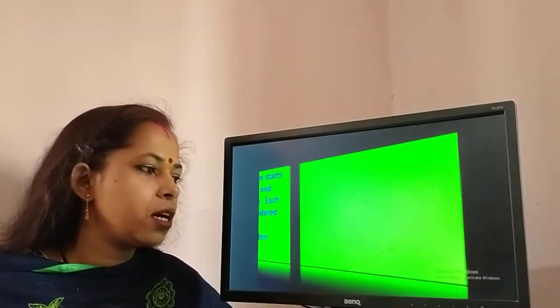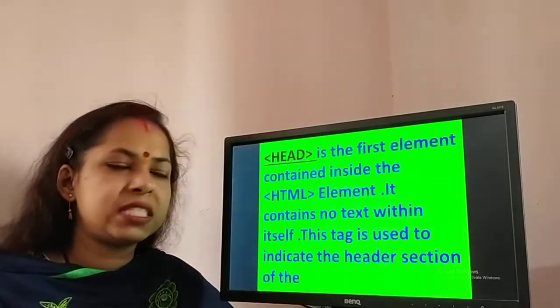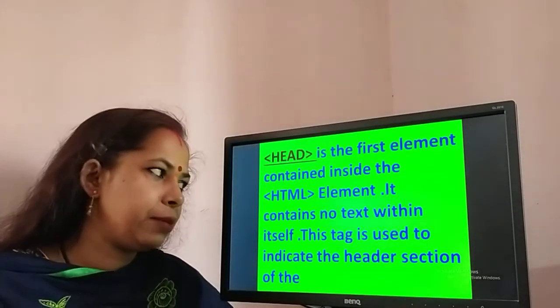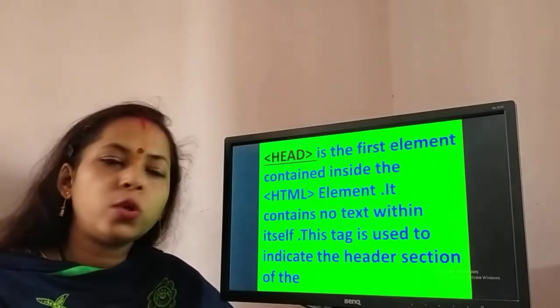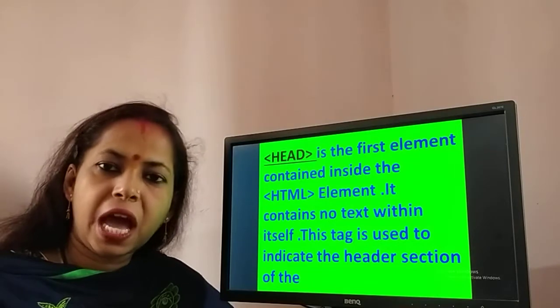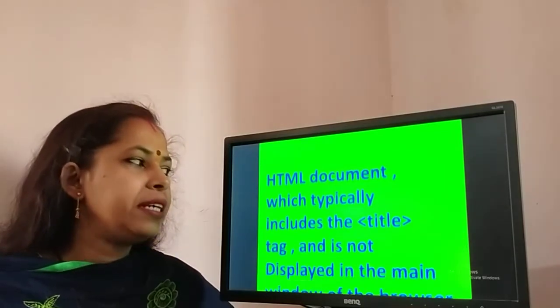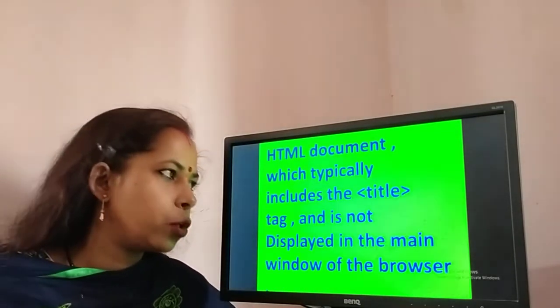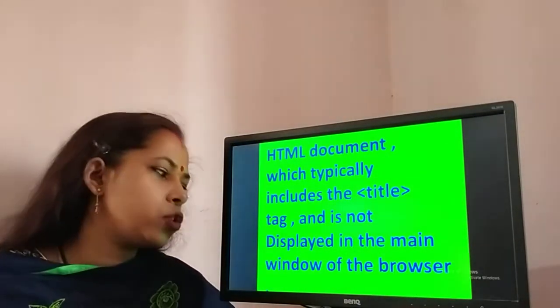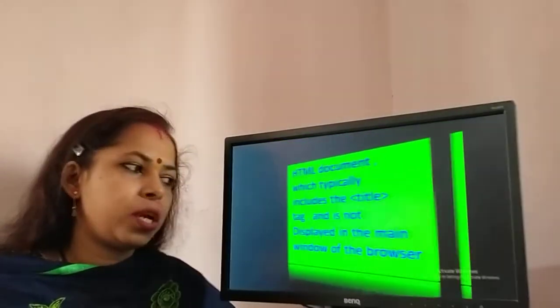Now next is the head. Head is the first element contained inside the HTML element. It contains no text within itself. This tag is used to indicate the header section of your HTML page. Means the HTML document typically includes the title tag, which is not displayed in the main browser window of the HTML programming.